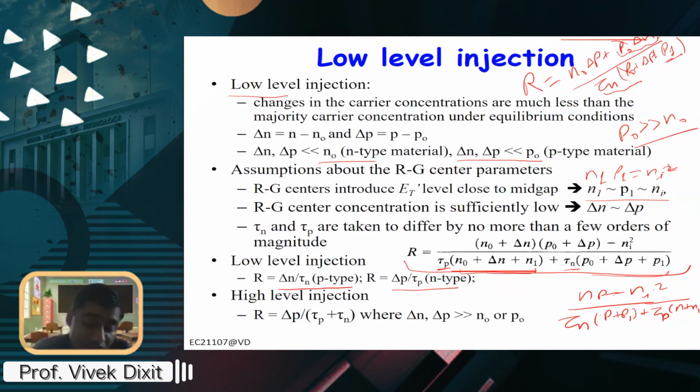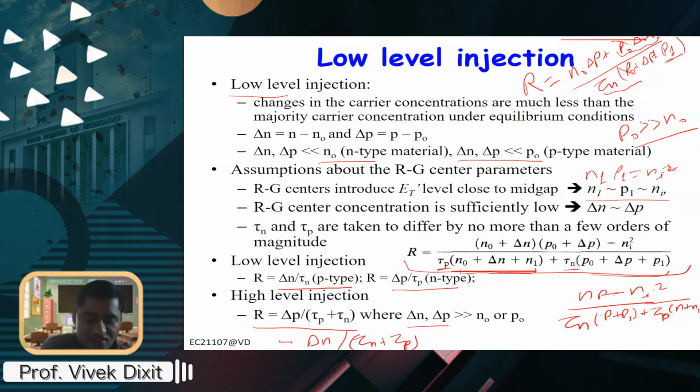In high level injection, you cannot ignore the product delta n delta p, right? So your numerator will become delta n delta p, divided by, both the terms will have delta n delta p. So you will have tau n plus tau p times delta n delta p. So one delta p will cancel, assuming that delta n and delta p are equal. Your recombination rate will be delta p or delta n. So this is basically same as delta n by tau n plus tau p. This is for high level injection,